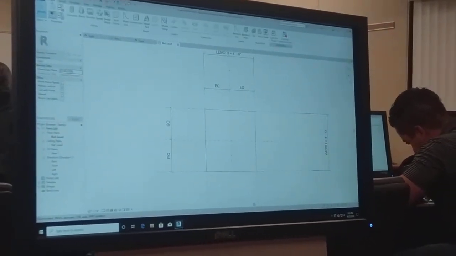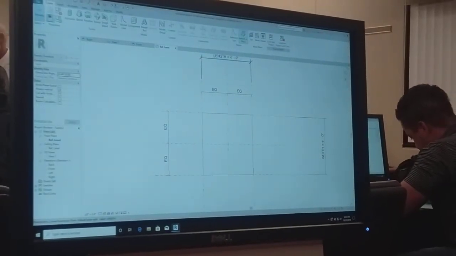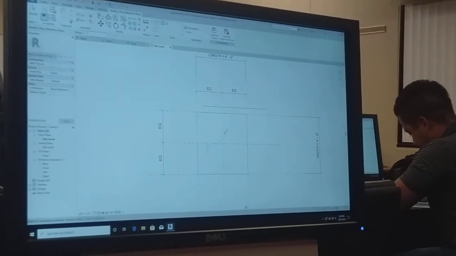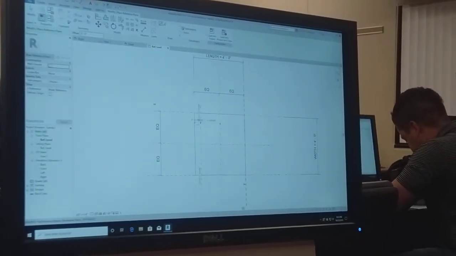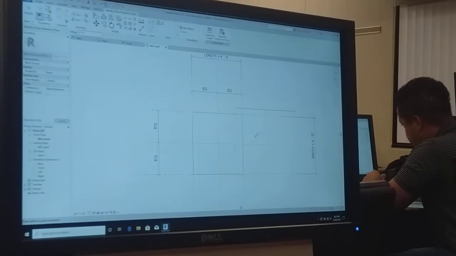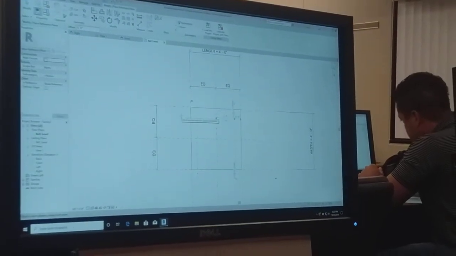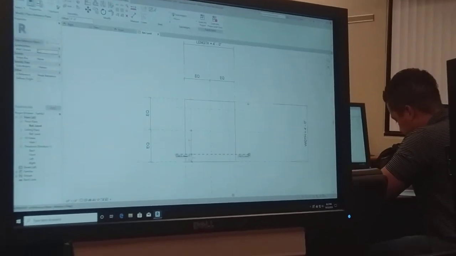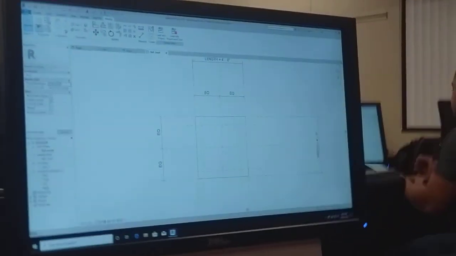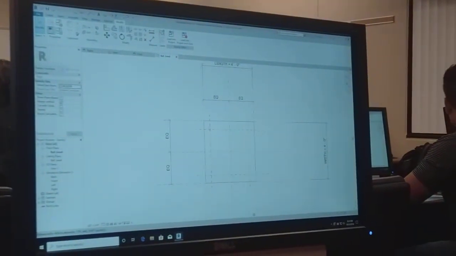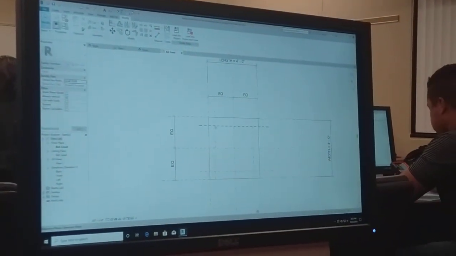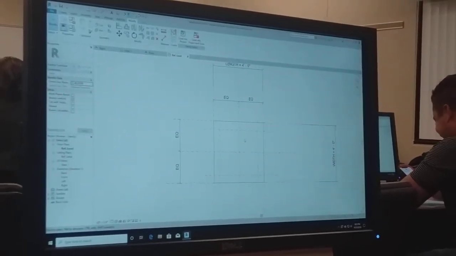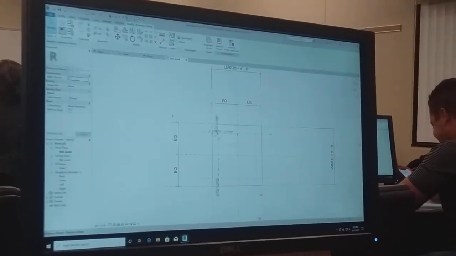Okay, so we go back to create, and we have to add some more reference points. So I'm gonna put one here, one here, one here, and one here. So a table should have the legs evenly spaced in all the directions, right? Correct. All right, so if I pick this one right here,